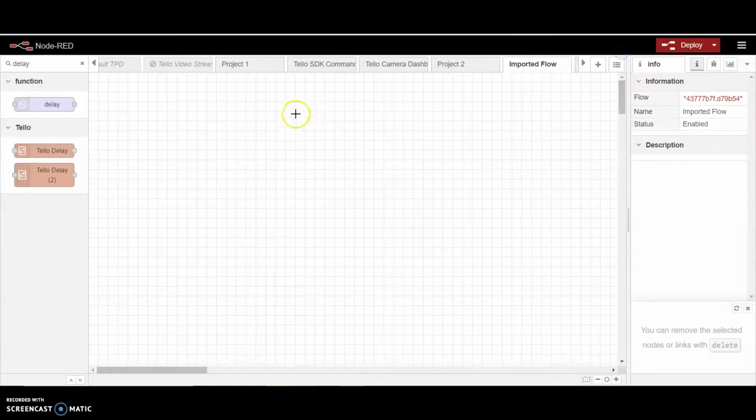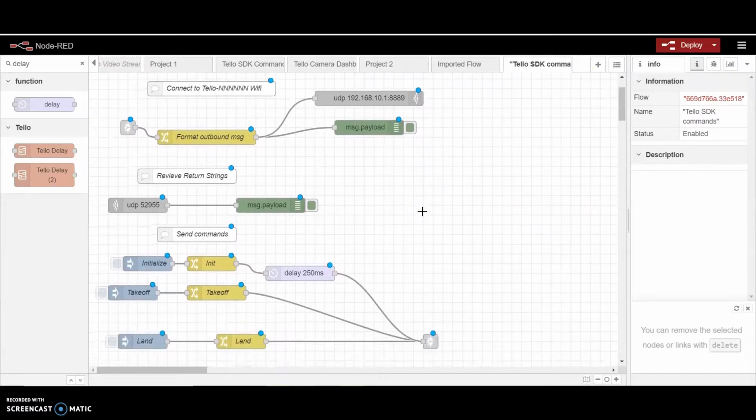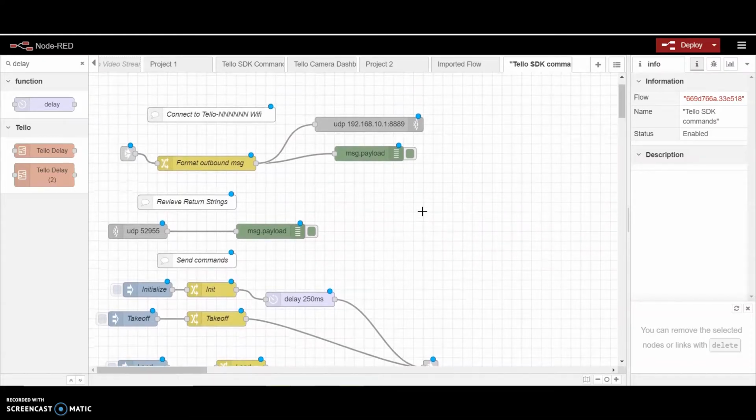Sometimes it'll take a second, but in this case, it went over to the next tab, which can happen too. Now you have the example flow, and you can try that out and maybe figure out exactly where yours went wrong, or if you're still confused, definitely reach out on Discord and